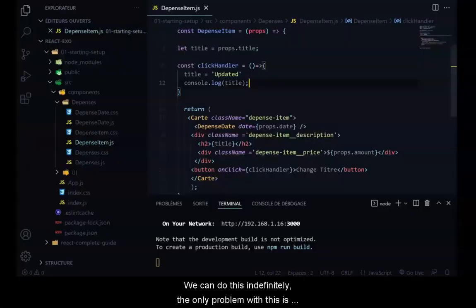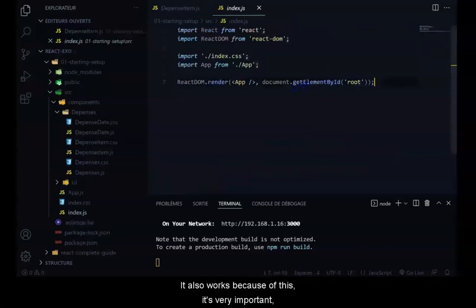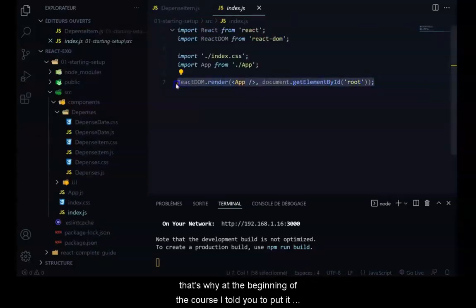The only problem with this is that the action is repeated. The action goes through all this when the application is initially rendered, but afterwards it's done. It also works because of this. It's very important. That's why at the beginning of the course I told you to put it in, because without